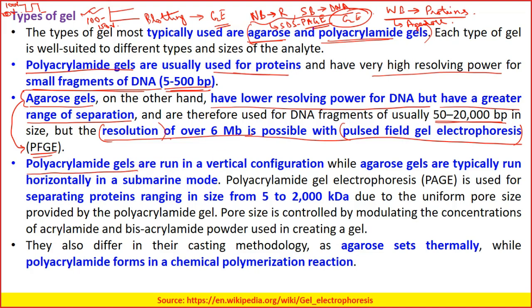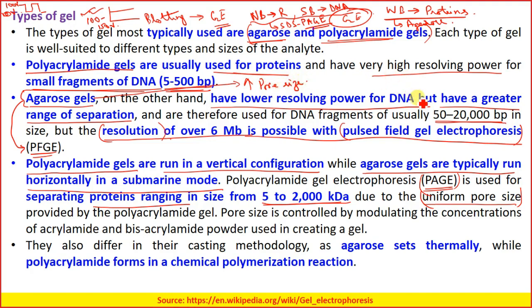Usually the polyacrylamide gels are run in the vertical configuration, whereas the agarose gels are typically run horizontally in the submarine mode. Polyacrylamide gel electrophoresis, regarded as PAGE, is used for separating proteins which range in size from 5 to 2000 kilodalton. And why is it used? Because PAGE gives us a uniform pore size, as compared to the agarose gels. However, in agarose gels, the pore size is greater. Agarose gels have high pore size